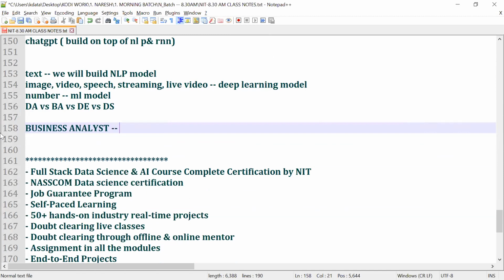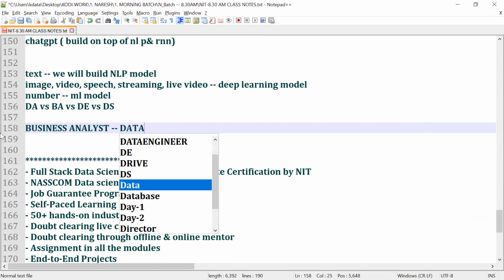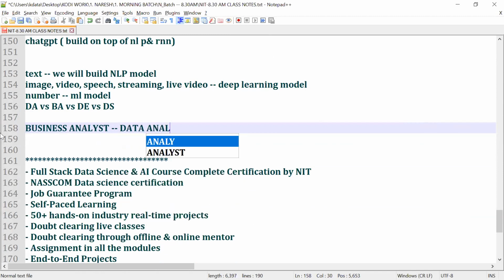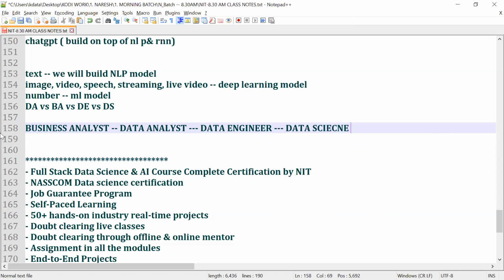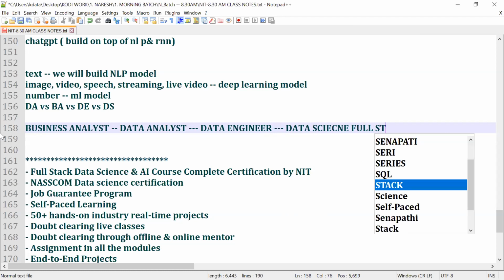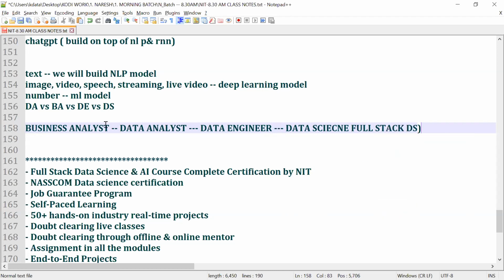And once you understand the business, you take the data based on the business, and that's why we call it a data analyst. Do you understand or not? Once you become a data analyst, then data engineer means a little bit of research about the data. Understand, guys? And then data science. And this entire process is called full stack data science, guys. I hope you understand. And practically, we do work in the organizations, guys.